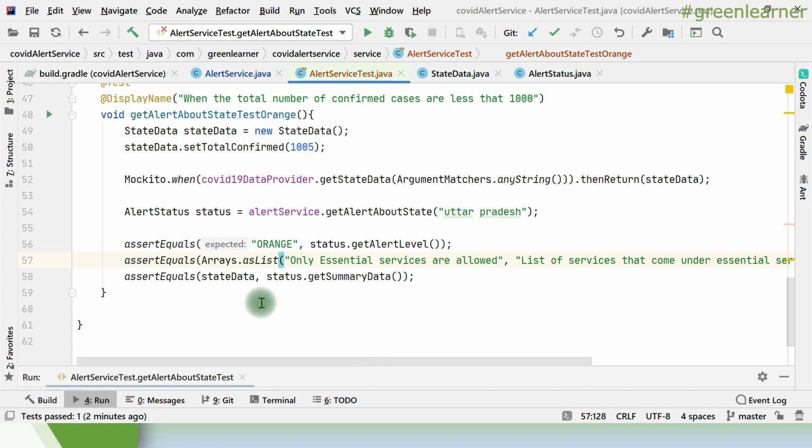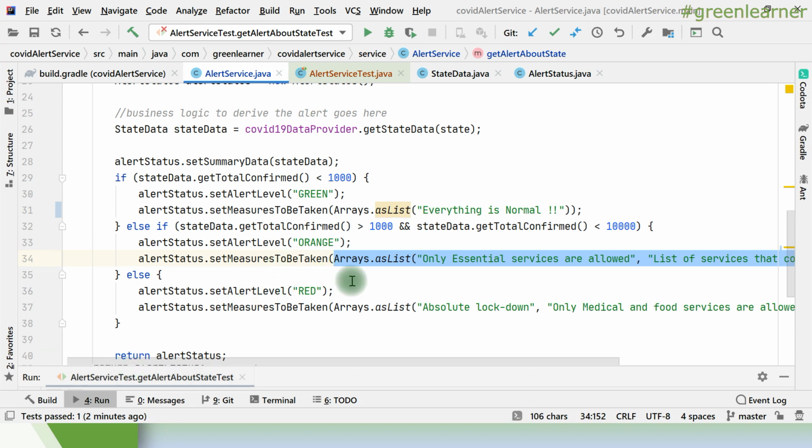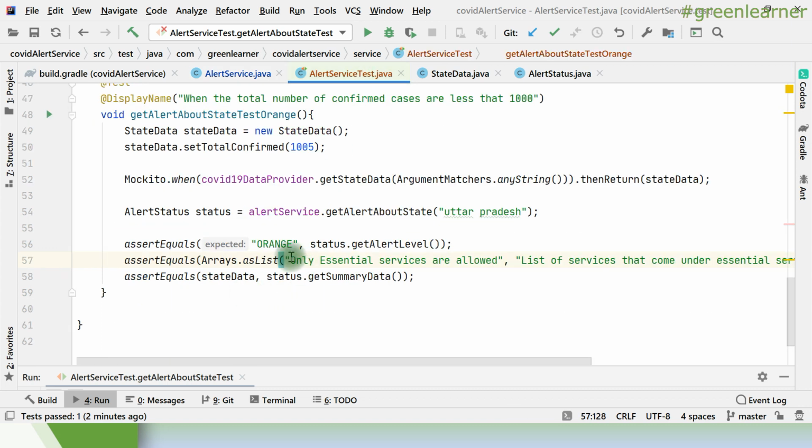So you may be wondering that all the expected data I am taking from here, right, directly from the business logic. So this is how it is, the small business logic that is here, that is why I'm taking. The expected data you can calculate manually, and I know that it must be written based on this data, right? Same thing I want to check, that if 1,005 is passed, orange is being returned, and this is being returned or not.